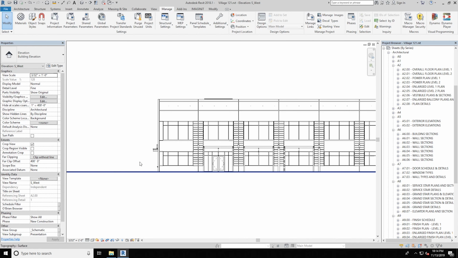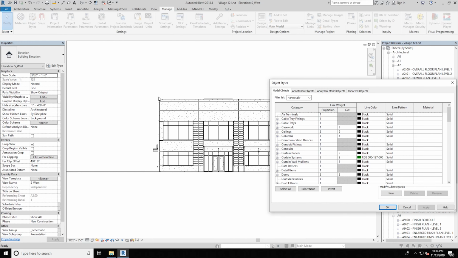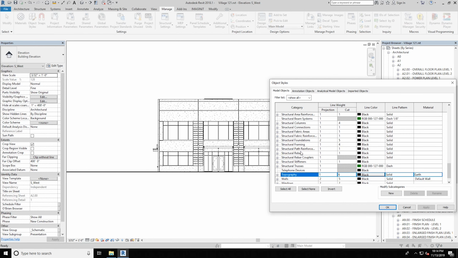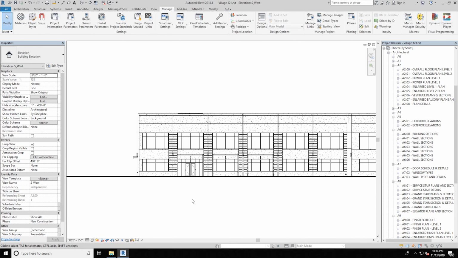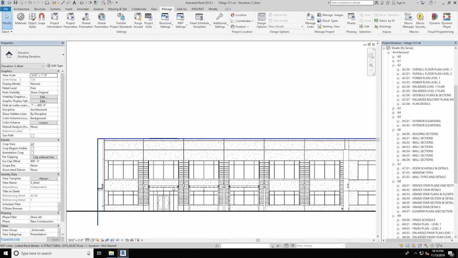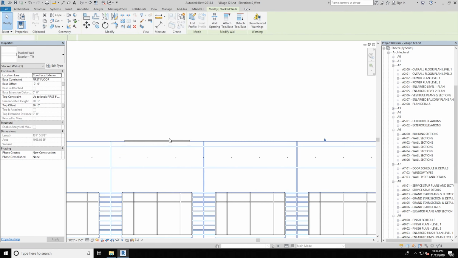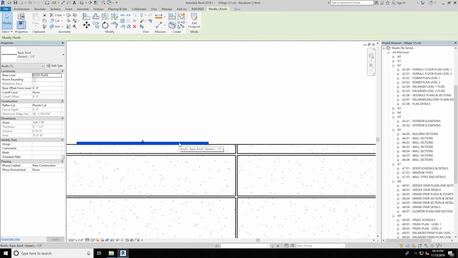And this line is pretty thin. We can change that by going to Manage, going to Object Styles, and looking for that same category that we just looked at, topography, and let's change that to maybe 8. So that topography line should get a little thicker. And there you go, there it did. Now one more thing that we want to do, let me delete this before I continue,